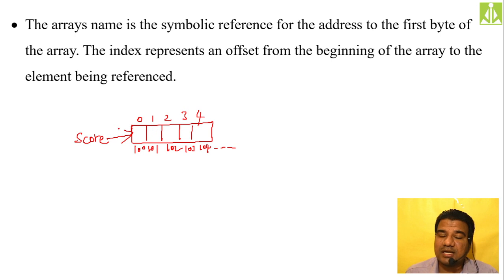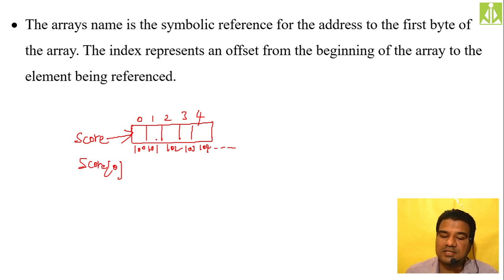So that is the kind of advantage we have when we have an array in our programming. All my array elements will be contiguous in nature, one after the other. So how can we access the 0th element, the first element? To access the first element, as my score is pointing to the first element, I don't have to add any offset. So even if I take score of 0, I will get the first element.